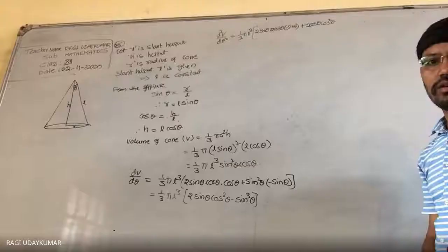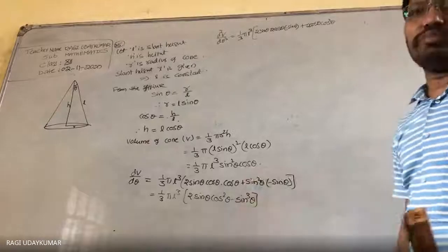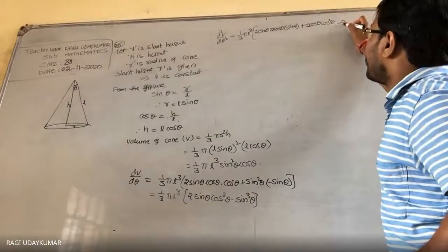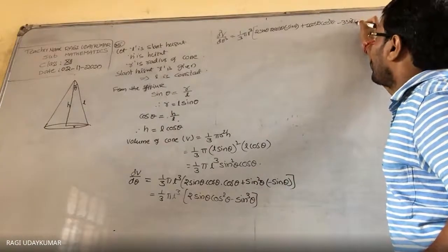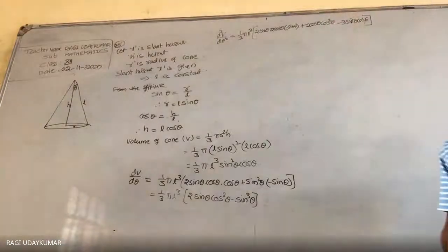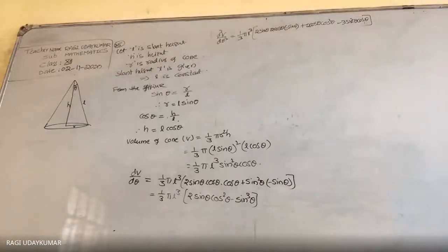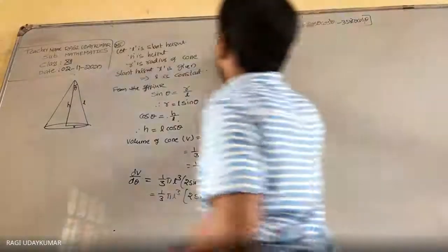Anurag? Yes, sir. Okay. So 2 cos theta plus cos square theta, and differentiation of sin cube theta is minus 3 sin square theta, and sin theta differentiation is cos theta. This is the d square value. In this, if it is possible for you to take anything common, you can take the common. Otherwise, first you simplify it.